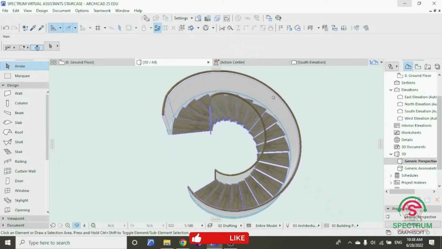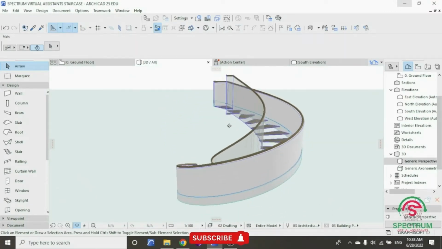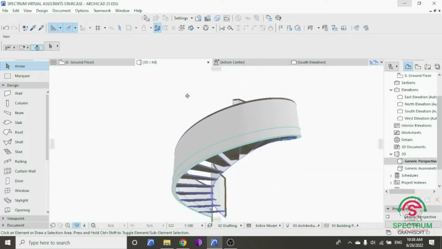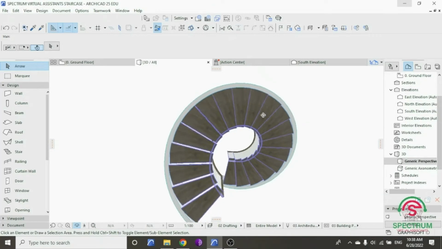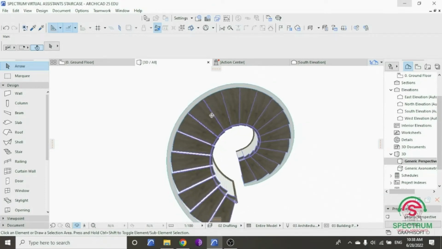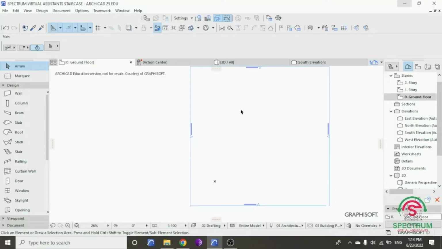In this tutorial, I'm going to show you how to draw this type of stair using ArchiCAD. So let's begin. The first step will be opening a new workspace. Once you've done that,